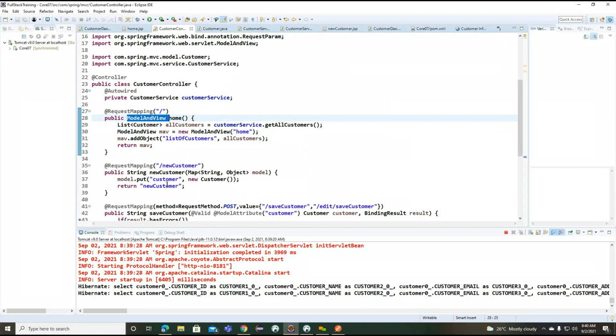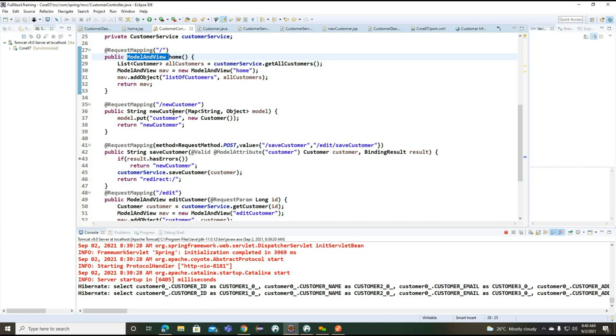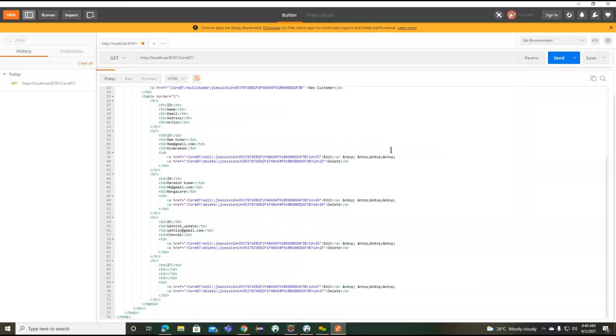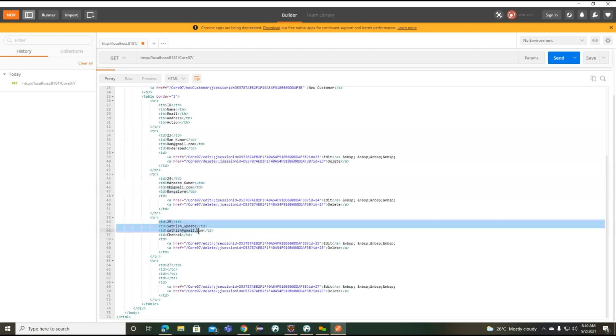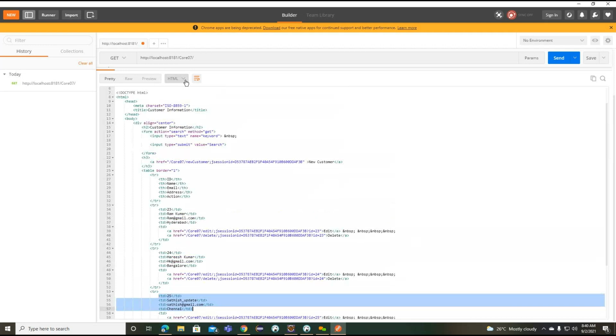Because of this model and view, we are getting the particular view page along with some information. What is the list of user information we are getting? Now you can see IDs here, 24, something, Bangalore, Hyderabad, Bangalore and Chennai. Getting the point. We don't want this particular information along with the HTML information.